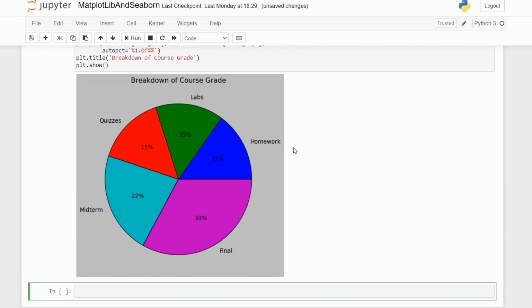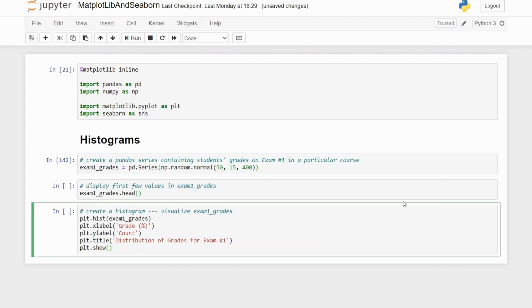And we can clearly see that the final exam corresponds to 33% of the overall mark. So that is the pie chart, but let's move on and we'll talk about another important type of plots, histograms,